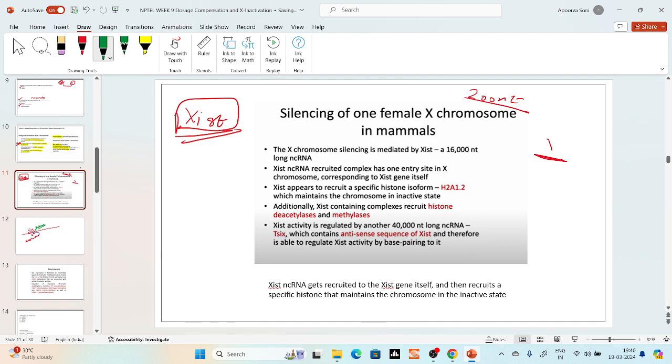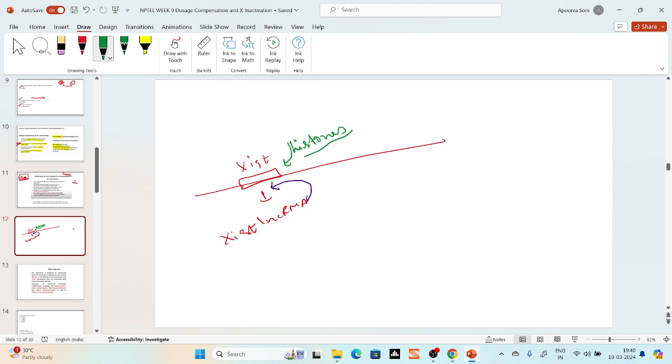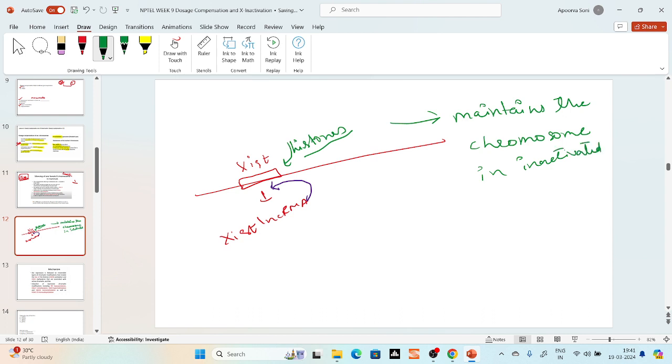These histone proteins, this particular isoform is H2A 1.2. So this isoform H2A 1.2 comes, and ultimately what happens? This maintains the chromosome in inactivated